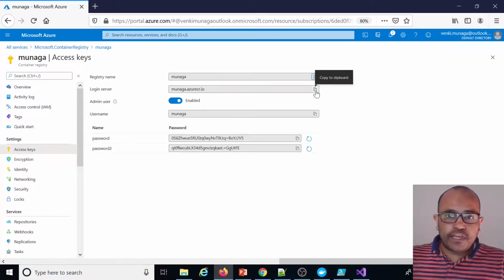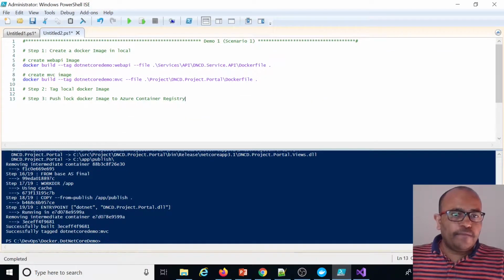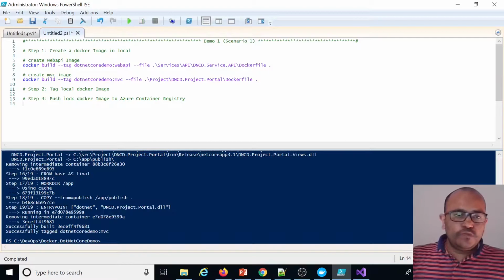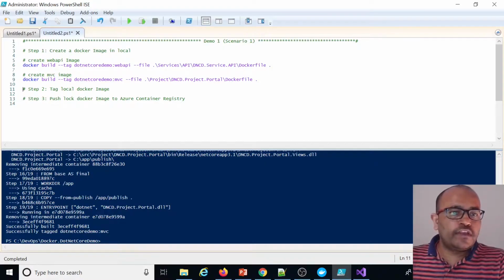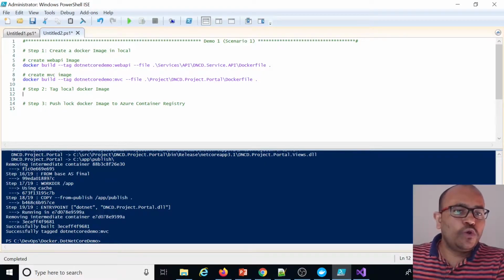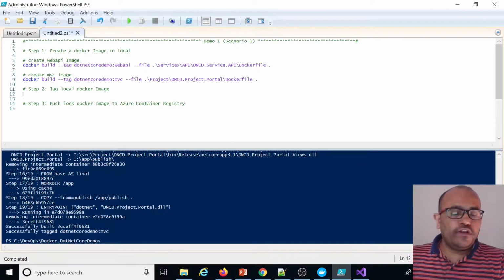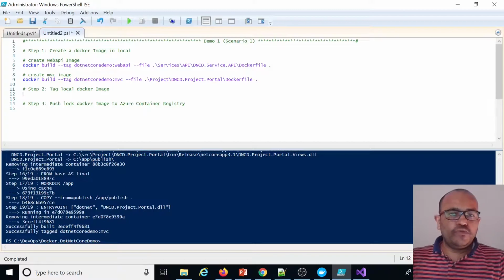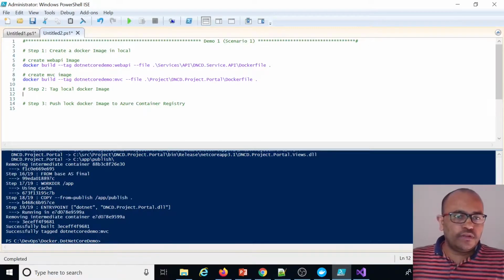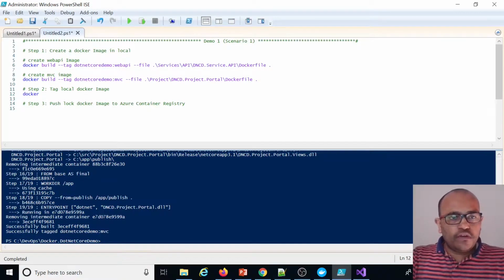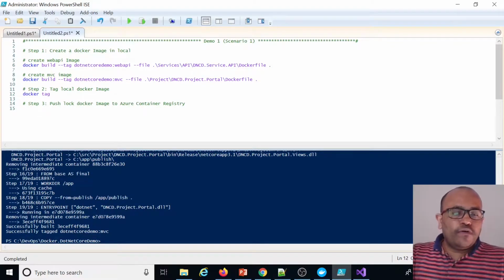we created this one, right? I'm copying this and going back here. Before pushing, the best practice is to tag your local Docker image before pushing to Azure. So for this, docker tag, and next is the source.